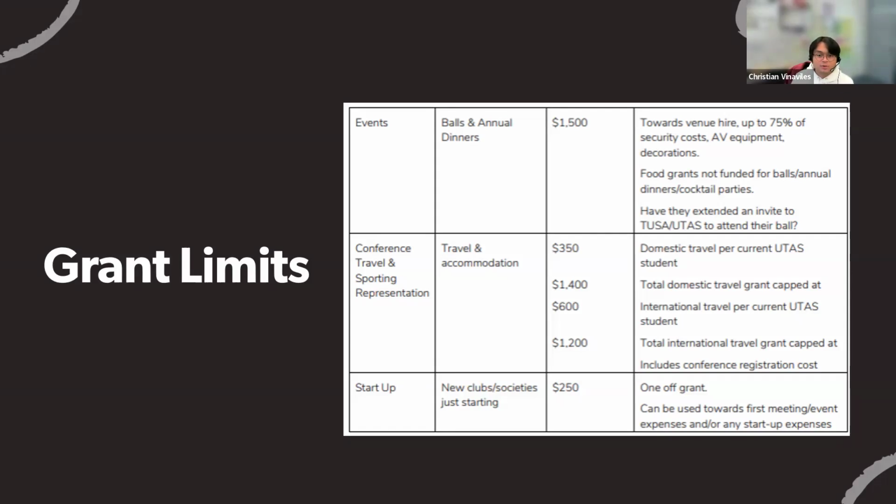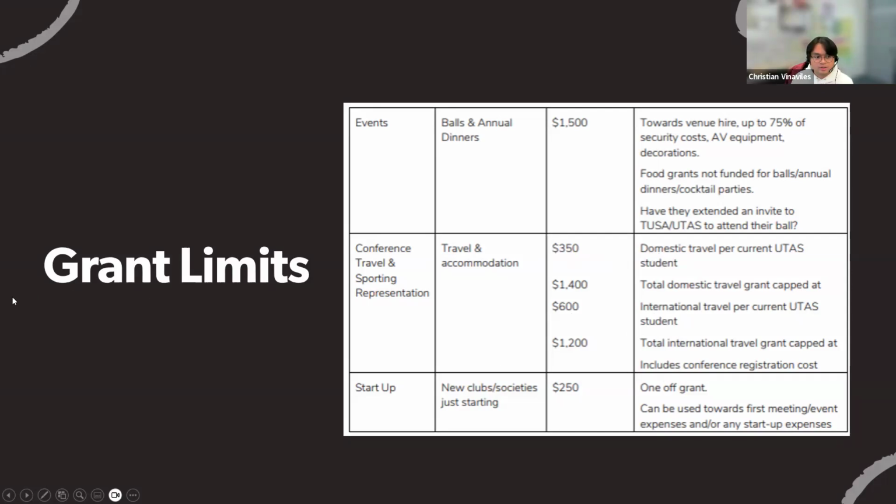For conference, travel, sporting, and representation, we've got different caps here. So $350 for domestic travel per current UTAS student, and $1,400 total domestic travel grant cap. This is all bundled up as travel and accommodation. Domestic could be something like traveling interstate. If you are traveling internationally, it is a $600 travel grant cap, and $1,200 total for the whole thing,